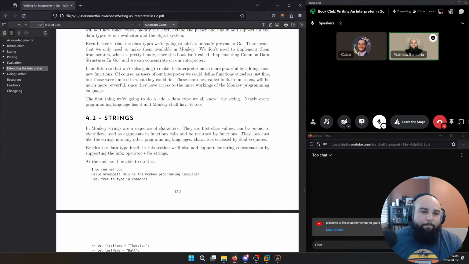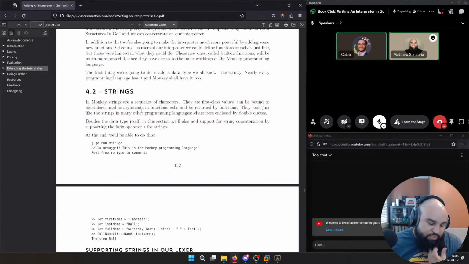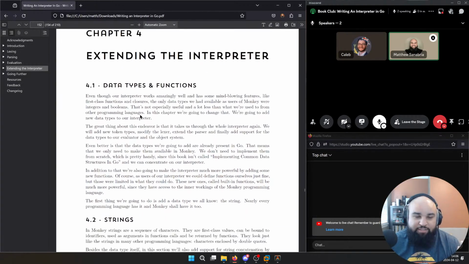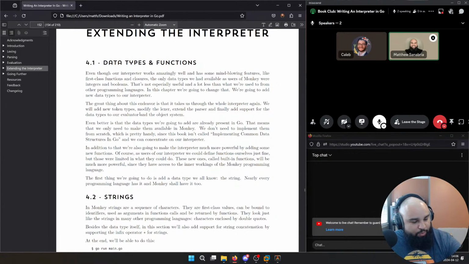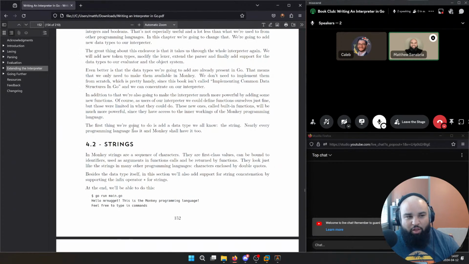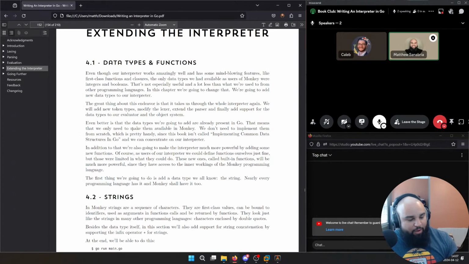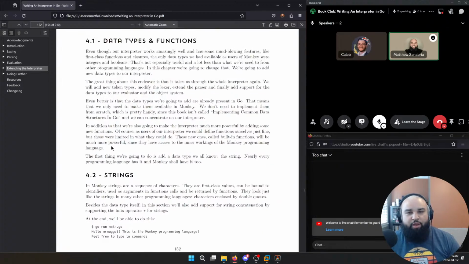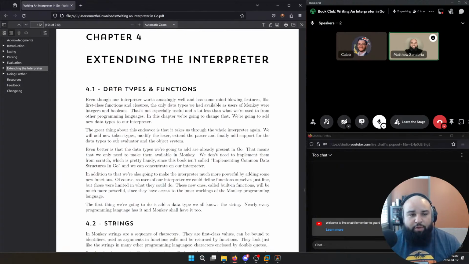Cool. Yeah, sorry. Welcome, by the way. So this chapter was about extending the interpreter. We built up a lot of the logic so far, but we don't have any string data types, array data types, or hash data types. So this chapter was all about adding those three data types and adding some built-in functions to make our lives a little bit easier, like the length function. I don't know if you finished reading for this. Did you have any questions you want to cover first? Okay, cool. I'm just going to linearly walk through it.